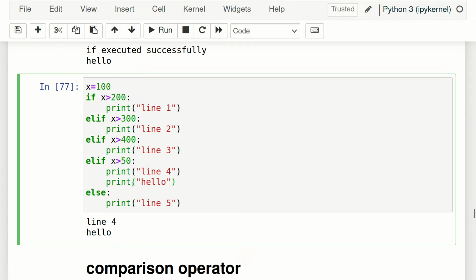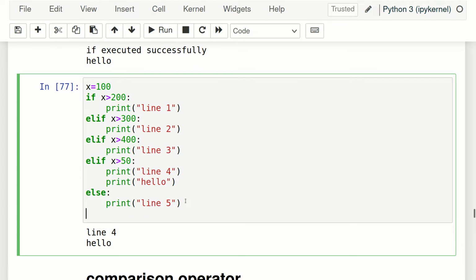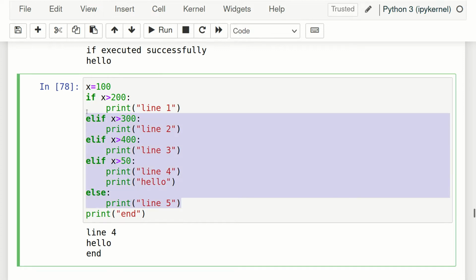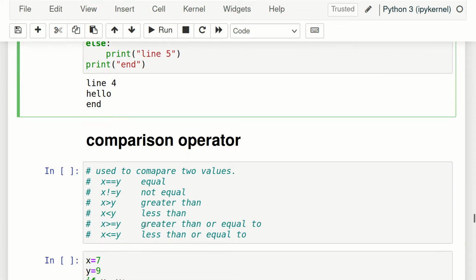So only one block will be executed in total. Just keep one thing in mind, only one block. If any if is true, then that block, and if no if is true, then the else block. So at last any one block will be executed, that's all. So once it is true, we will run all this and we will come out. And if there is, suppose, at last another thing, print end. Now if I hit run, we can see end has been printed. So after an if is true, we will skip all of if else totally and directly move to the next print. So this was print end.